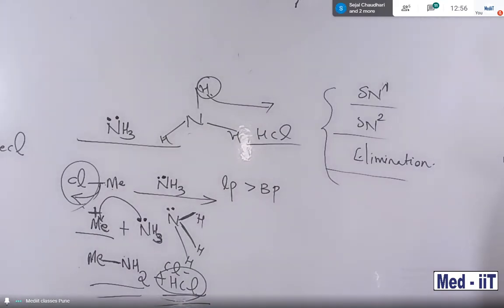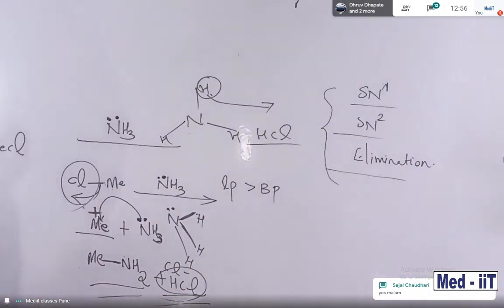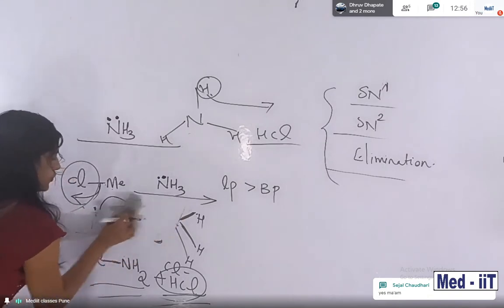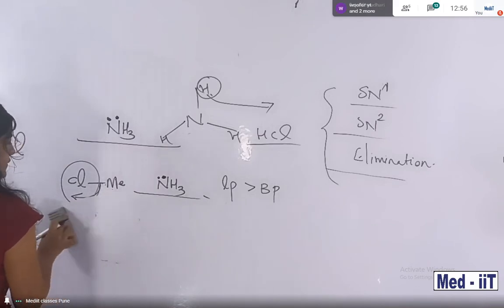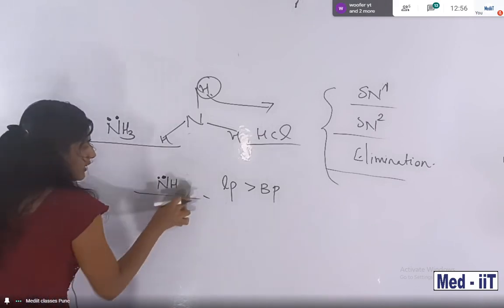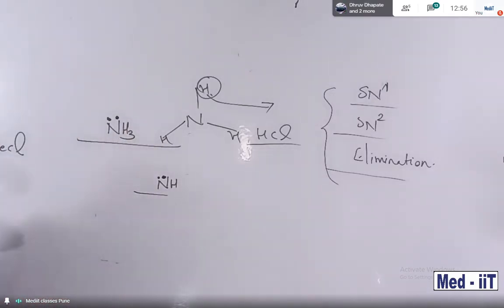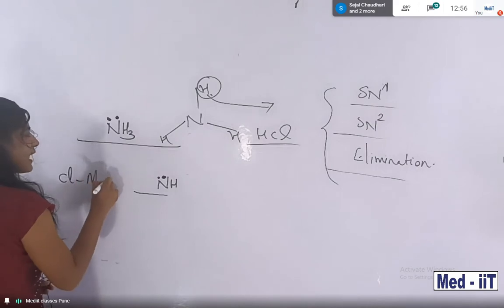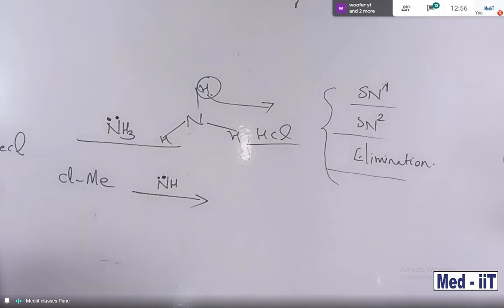Okay, now, okay? So if you are revising 2-3 times, it becomes easy for you, right? Next question for you. You practice and then tell me the answer. Same substrate, but small change. Same procedure you repeat there and then predict. Cl and then methyl is there. Then instead of ammonia, I'm providing you a different reagent.